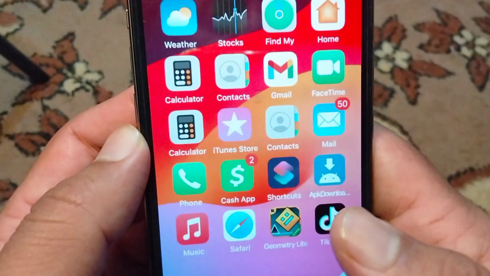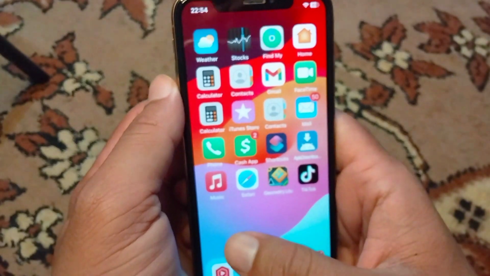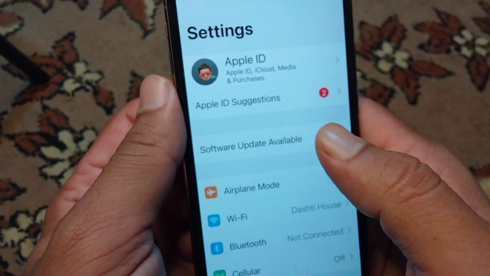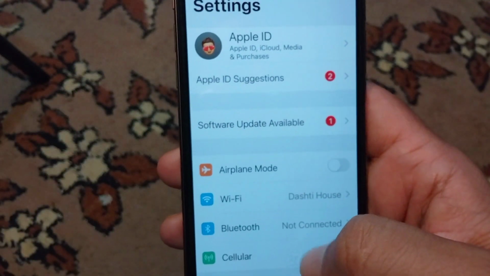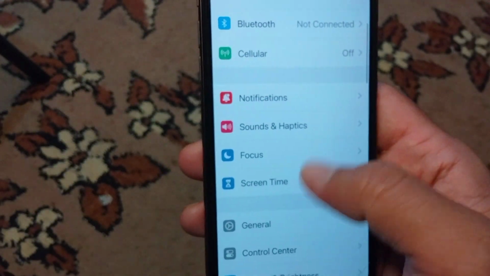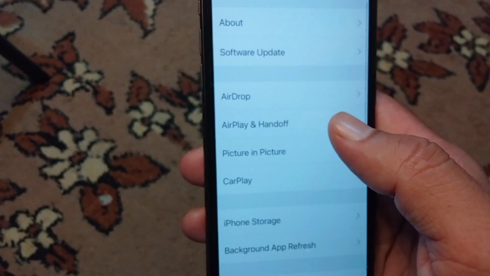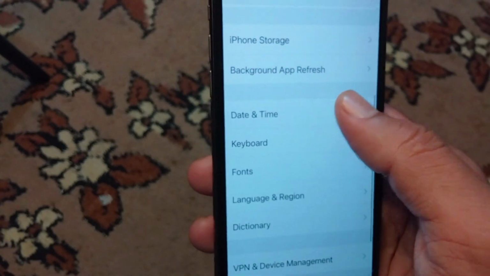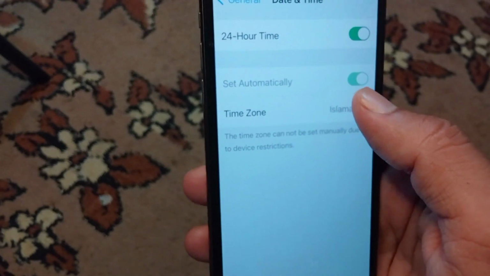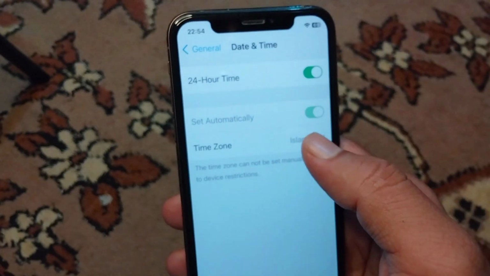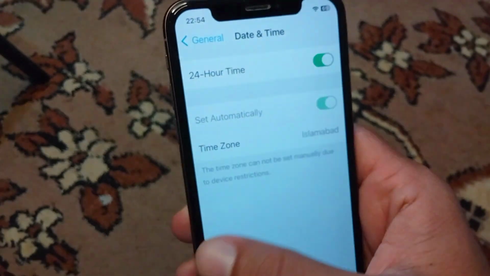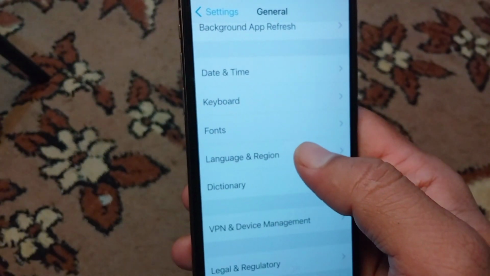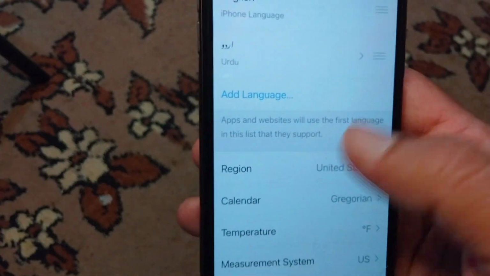So first of all, go back to your home screen, and from here you have to open the settings in your device, and after this you have to scroll below and tap on General, and from here scroll below, tap on Date and Time, and turn on Set Automatically if it is off. So I turn it on,